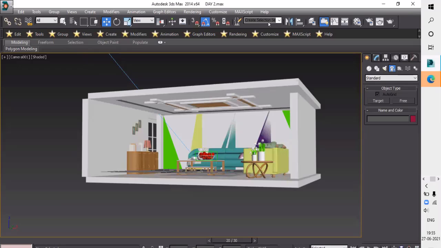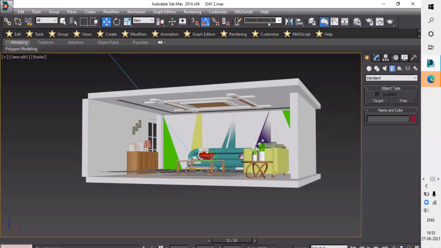Here are 4 tools which we can use for camera setting: field of view, truck camera, and the orbit. These are not types of cameras, they're tools which we use in the setting of the camera.